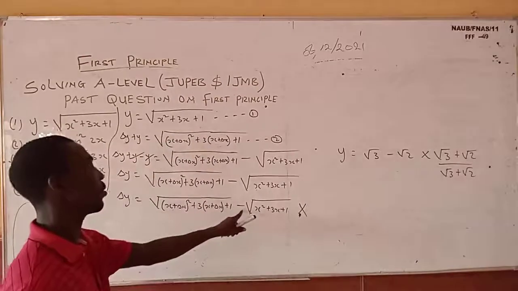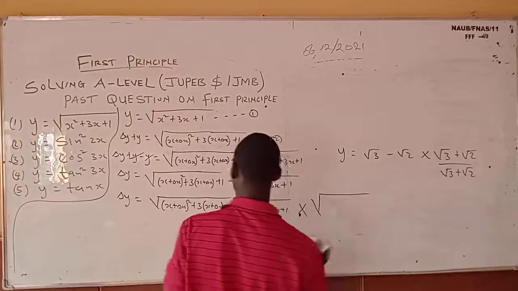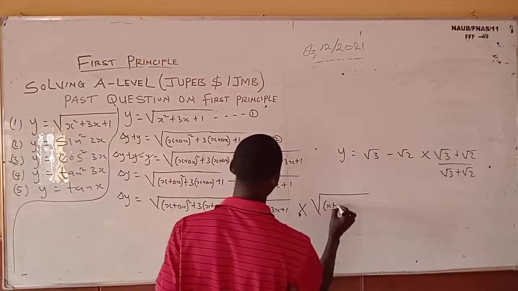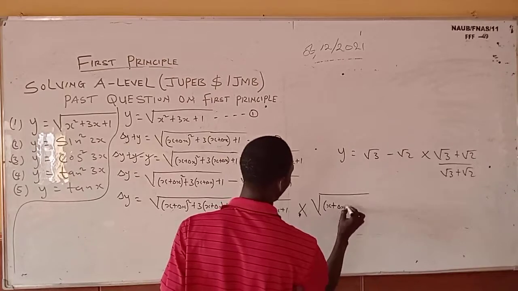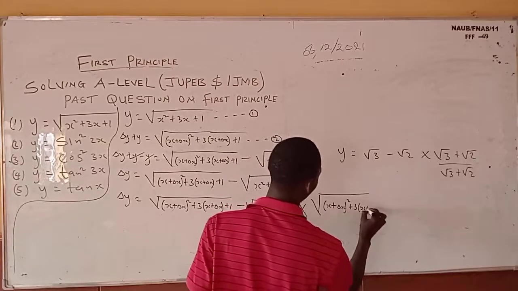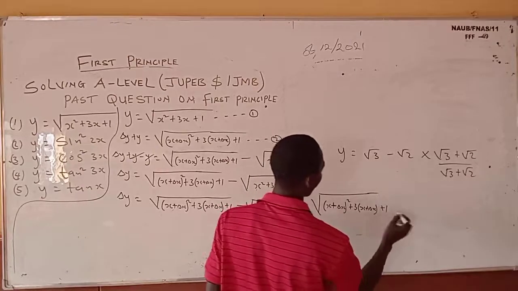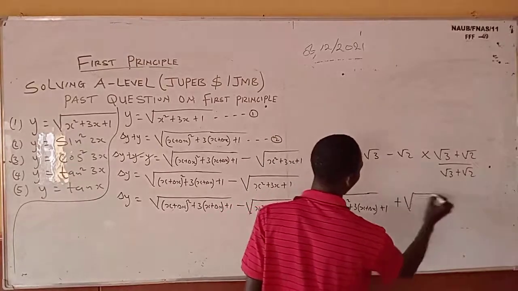The conjugate is just plus, right? So it means the square root of s plus change in s all squared plus 3 into s plus change in s plus 1, plus the square root of